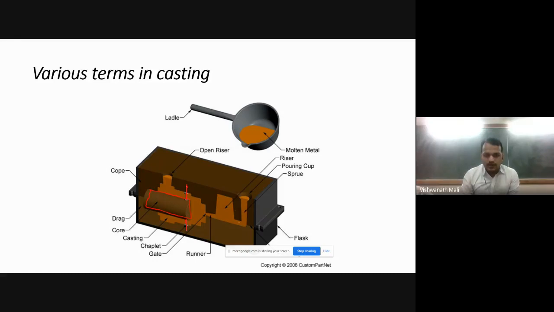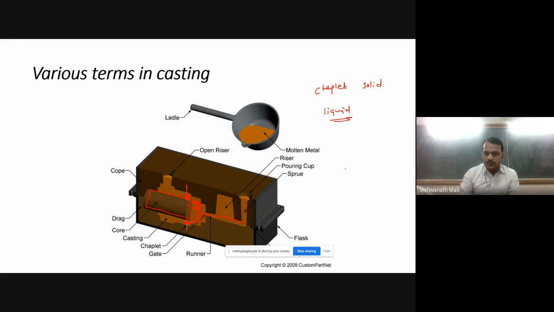Now we are pouring the molten metal. Molten metal has got filled. Okay, and what will happen to this chaplet? Generally chaplets are solid, and our pouring metal is in the form of liquid. So it will liquefy these chaplets, and chaplets will become a part of the casting.